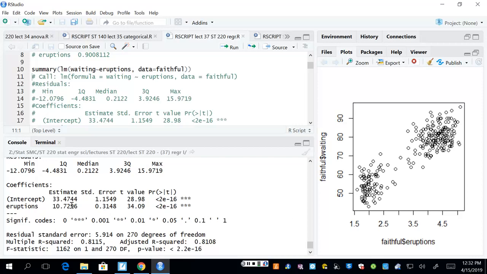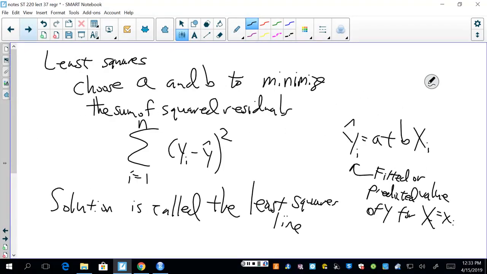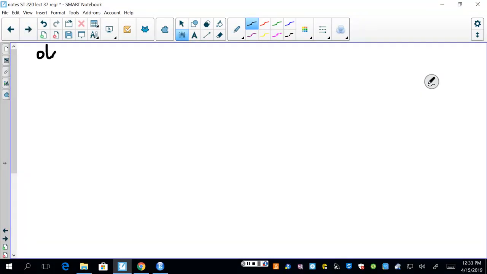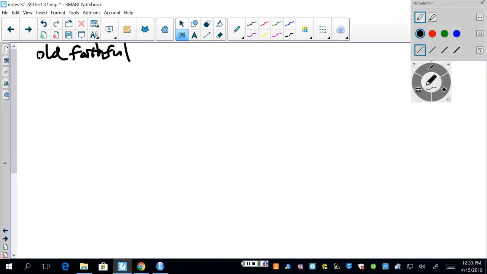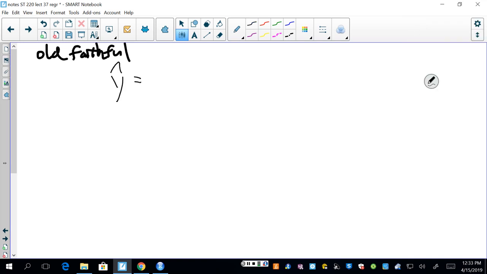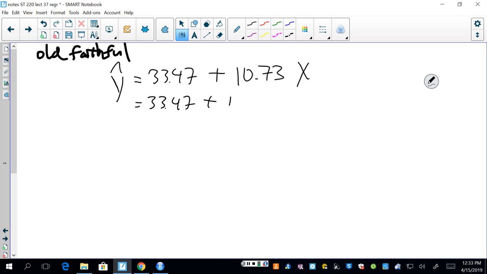So what comes out of that output is that for these Old Faithful data, the coefficients of our line: the intercept is 33.47, and then the next coefficient is 10.73, rounding a little bit, times x, and the x value is